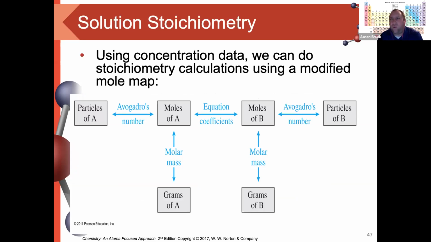But what we're going to focus on as far as titrations and solutions is something called solution stoichiometry. Now, in solution stoichiometry, what we are focusing on is the fact that, if you remember from chapter 7, we constructed this idea of a mole map that allowed us to go from moles of one substance to moles of another substance, provided we had a balanced chemical equation. Well, we can add to this mole map